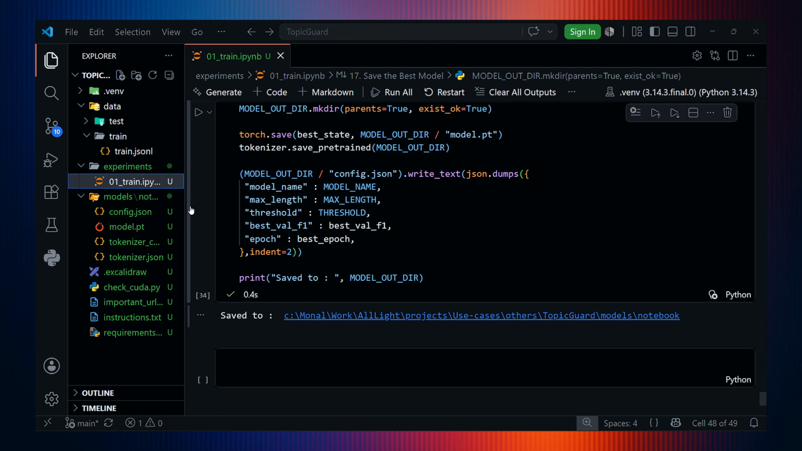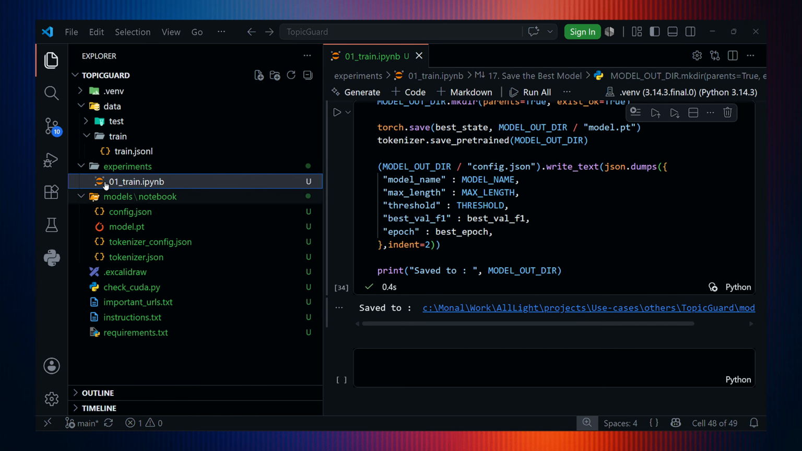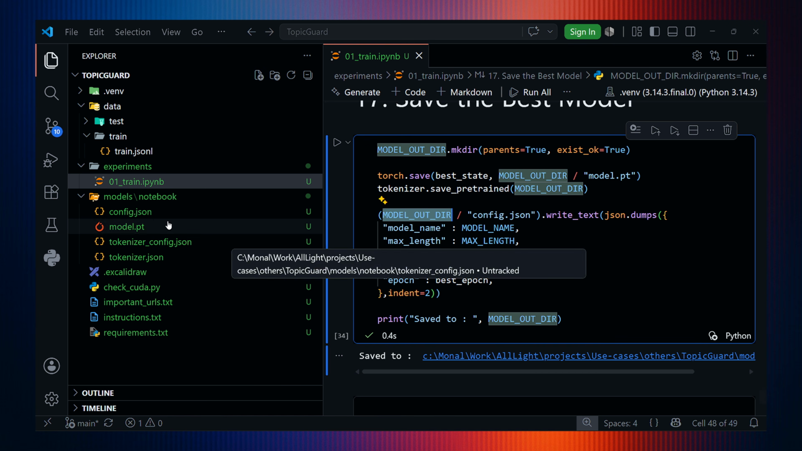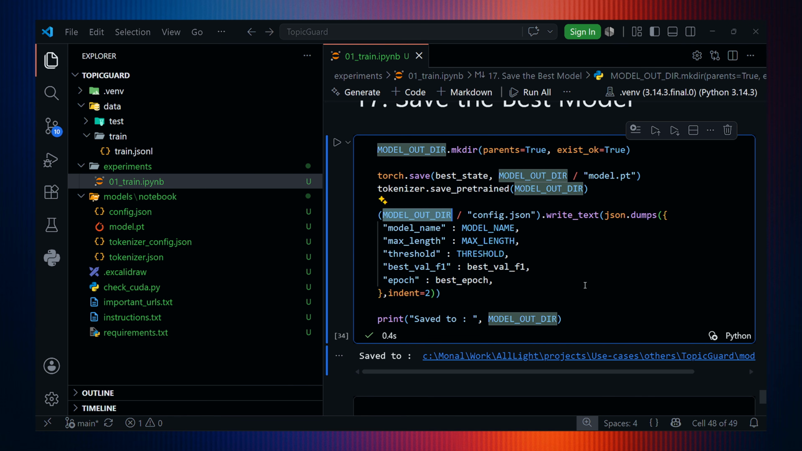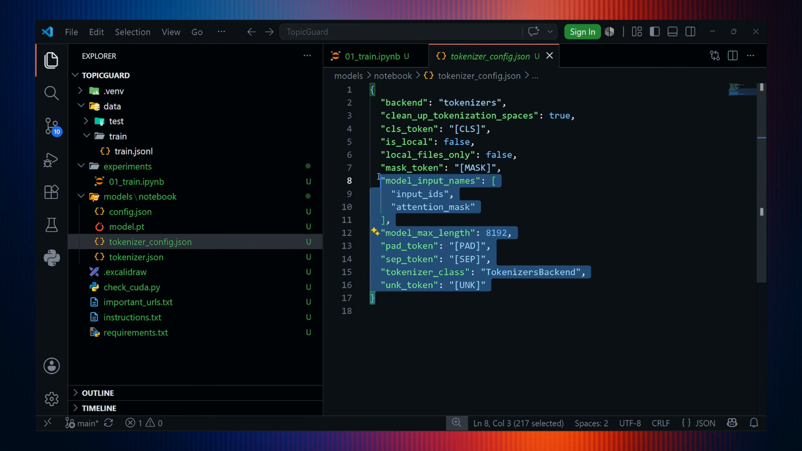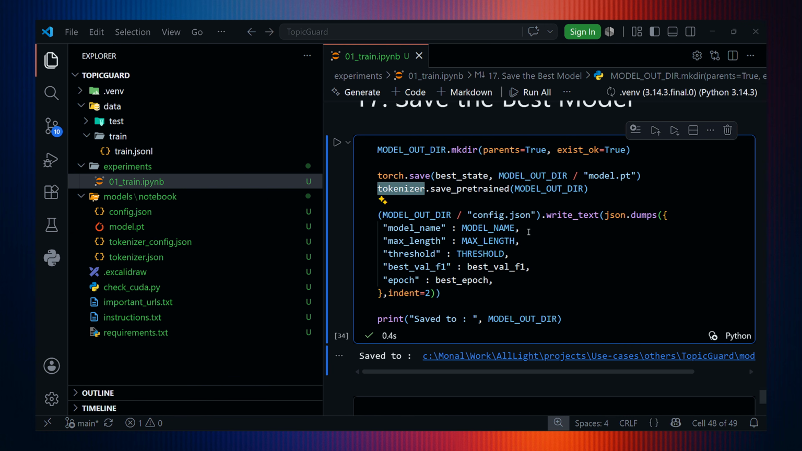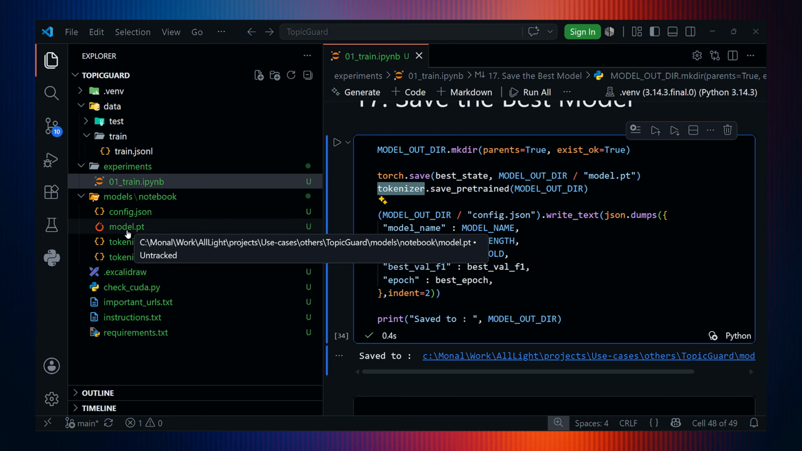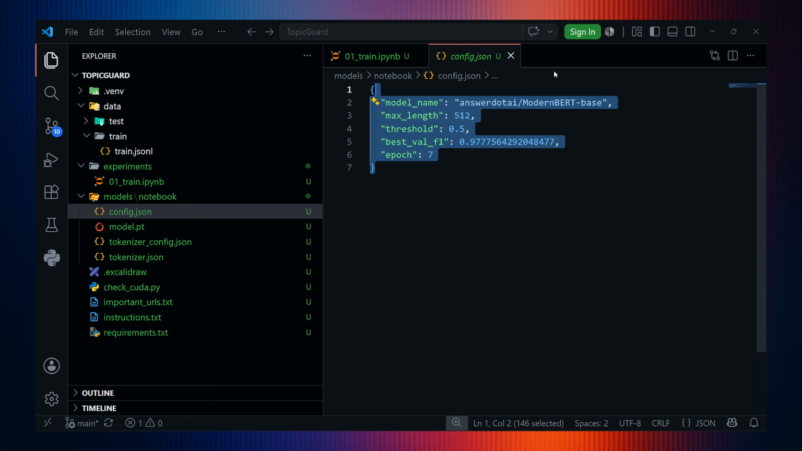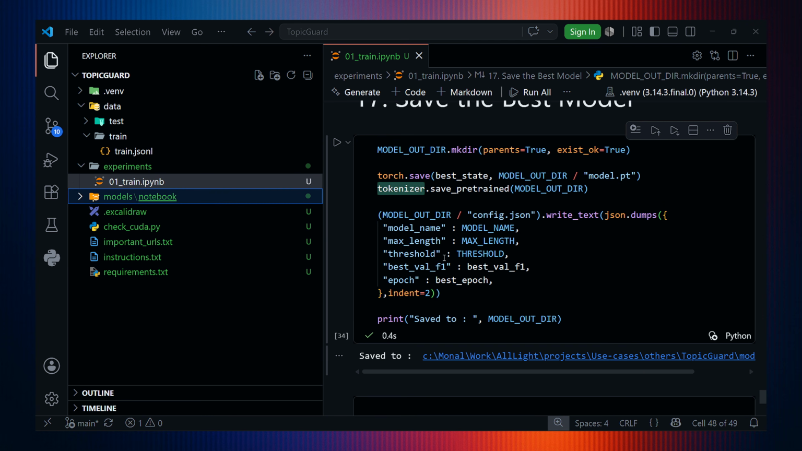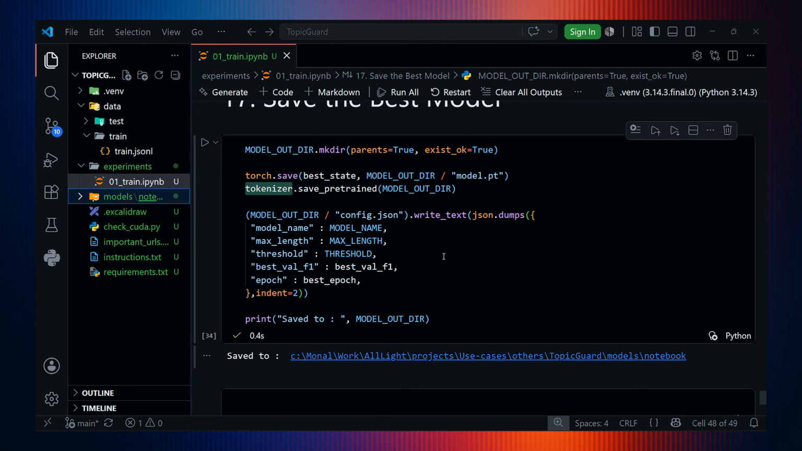Let's check. So we have our models notebook, and inside it we have 3 things. We have tokenizer, config.json. This is the model output directory. And we have config.json, we have model.pt. Okay, so we have saved all the things, and whenever we save the model pretrained, as we can see, it is also saving the tokenizer here. These are all the information about the tokenizer that we don't have to worry about, but the class token, pad, sep, these are all the tokens. This is the model.pt file, and in config.json, whatever values we have saved are present here as well. And this completes the first part of this training notebook, that is